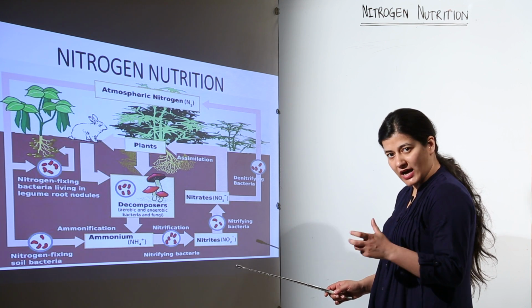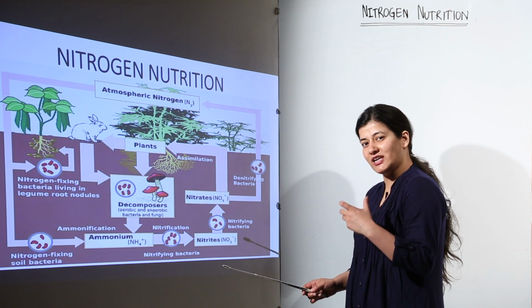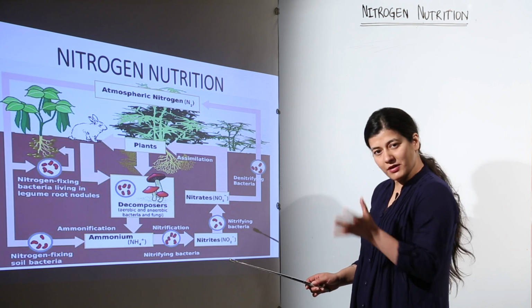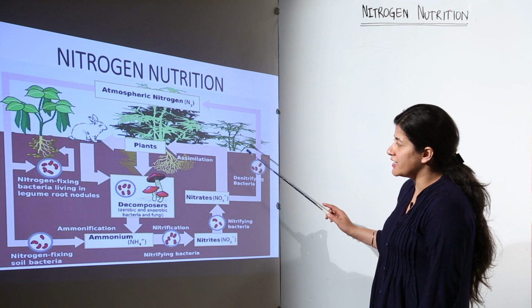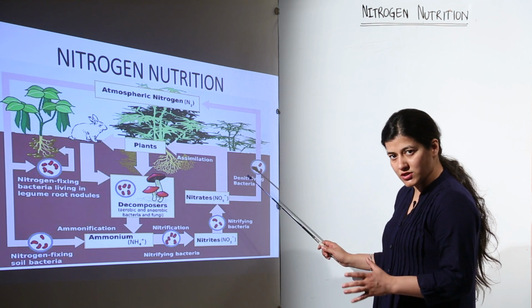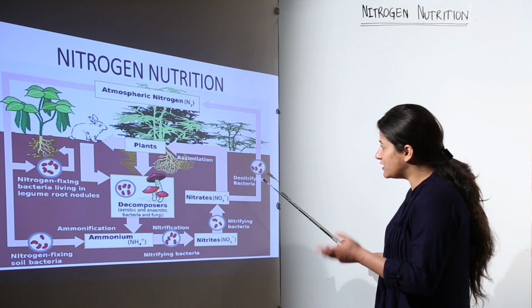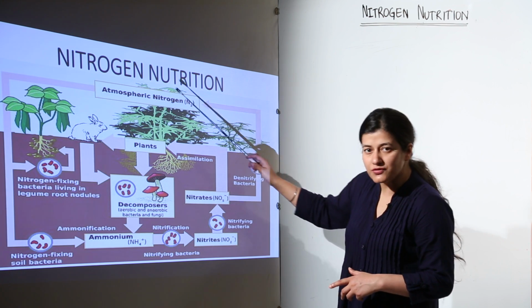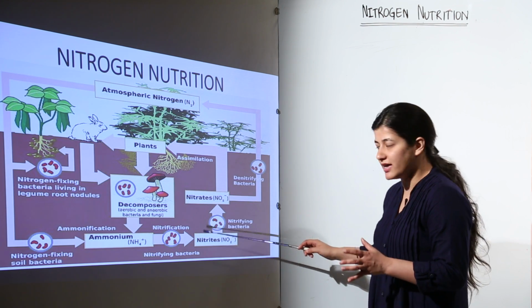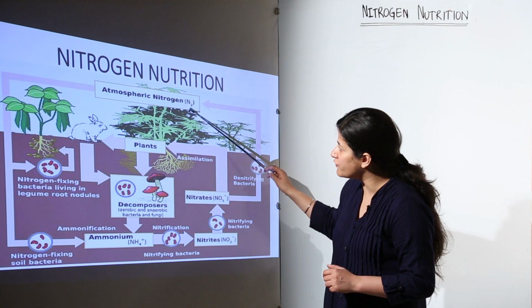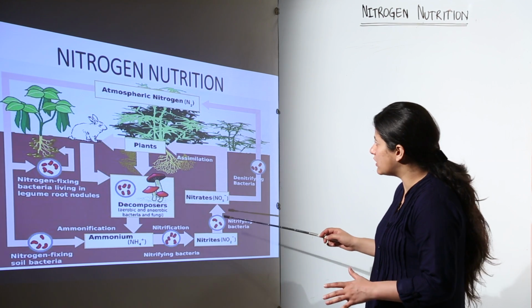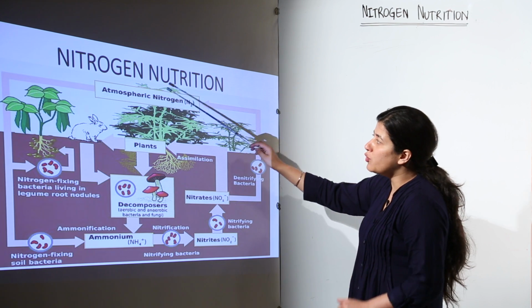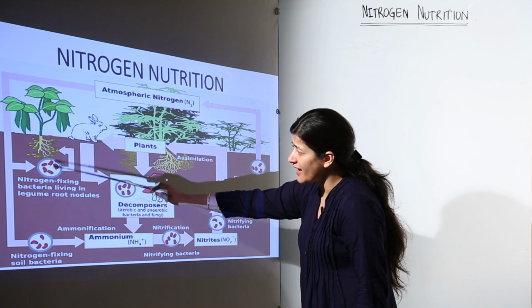be taken up by the plant and it must be in the form of either nitrates or nitrites, or it could be directly present in the form of ammonia. So you see that the entire nitrogen cycle, its recycling and its addition to the atmosphere, is an atmospheric cycle, a gaseous cycle. So what is the source of nitrogen? That is atmospheric nitrogen. Our atmosphere is abundant in nitrogen, so that nitrogen would be taken up by the nitrogen